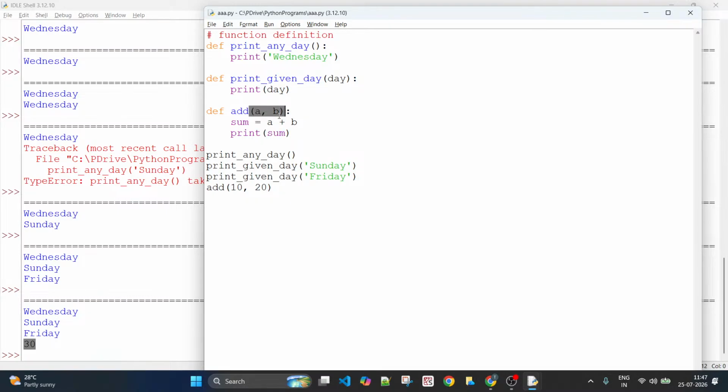You see 30 has come out, right? So here also this function has taken two arguments. It's not just one argument you can pass to a function. You can pass as many arguments as you wish. In this example, I have passed two arguments or two parameters. In this case, I have passed one parameter. This is an example of the function which takes no argument. This is an example where function takes one argument or parameter, and this is for two. Like this, you can implement for any number of arguments.